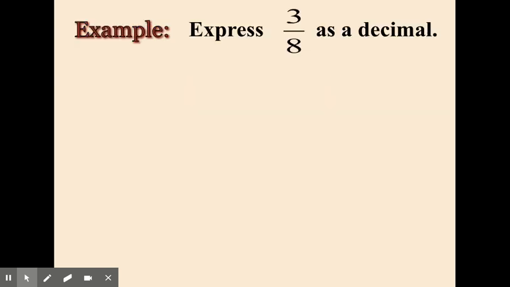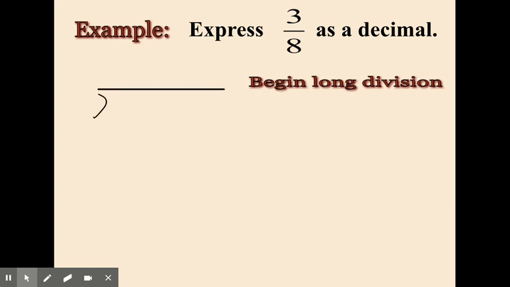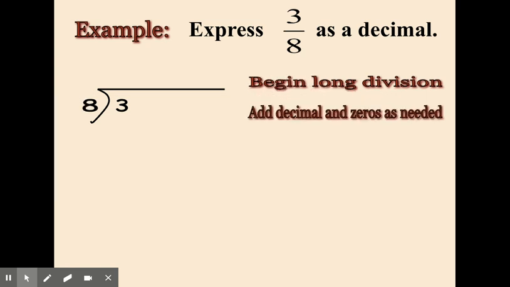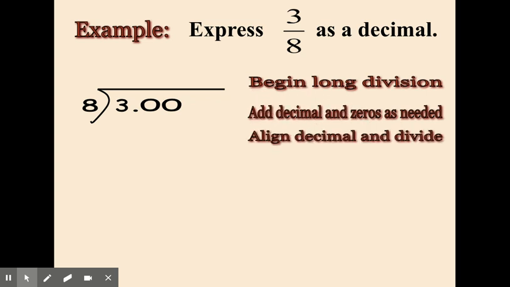So we want to express 3/8 as a decimal. We begin with long division. Okay, you set up your house. You place the numerator on the inside of the house, the denominator on the outside of the house. Okay, add a decimal and a 0 as needed. So 8 can't go into 3, so I'm going to add a decimal and 2 zeros. I'm going to make sure that I align a decimal up at the top, and then I'm going to start